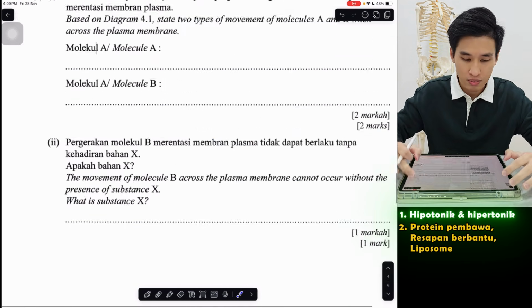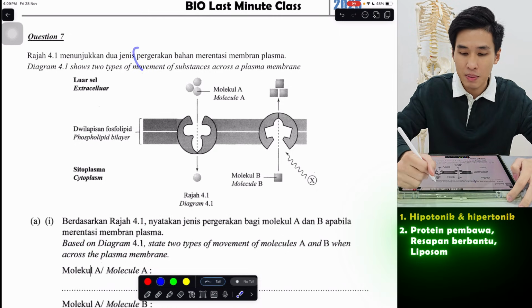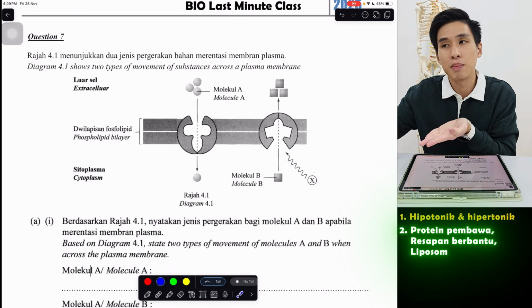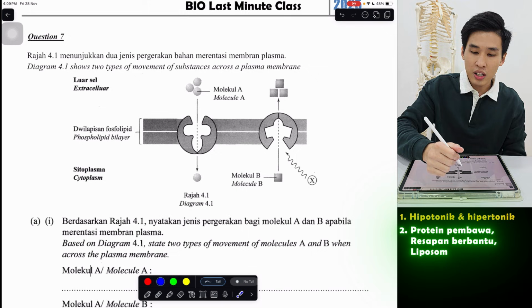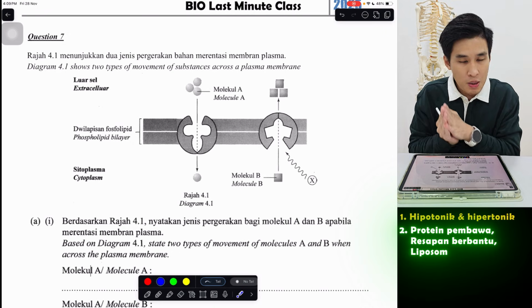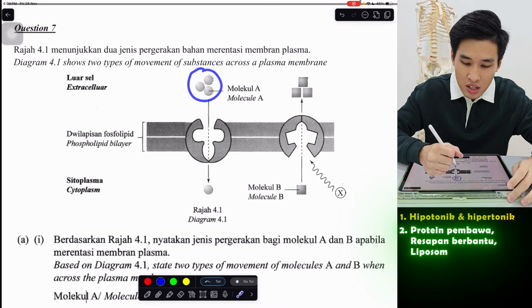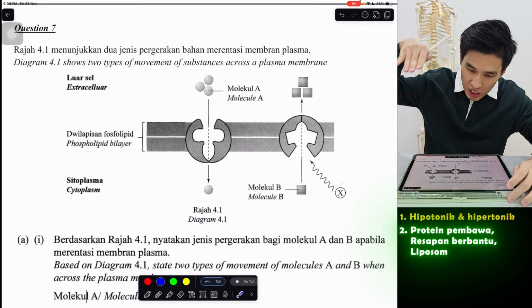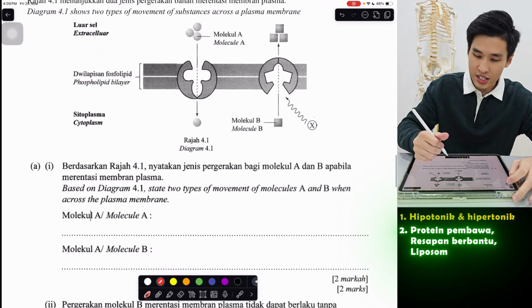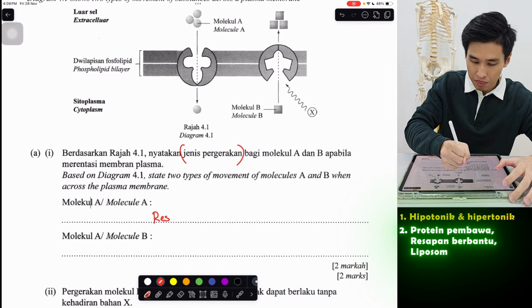And for the bonus question here, okay, this one I pilih the pergerakan bahan melintasi membran plasma question lah. Like molekul apa melintasi which part of the membran plasma melalui pengangkutan apa. So here we mainly do this one only lah, the protein pembawa one. So protein pembawa ada 2 pengangkutan. So A you can see kepekatan tinggi ke rendah. So saya menuruni kecerunan kepekatan. So this one A, okay, they ask you jenis pergerakan. This one definitely is resapan